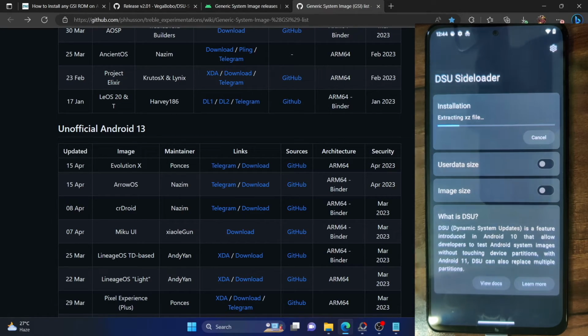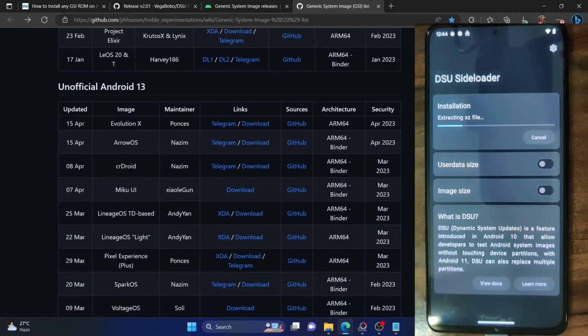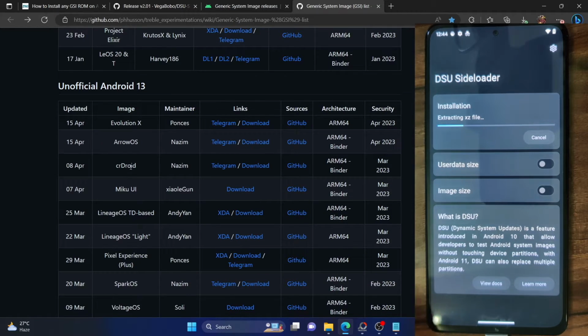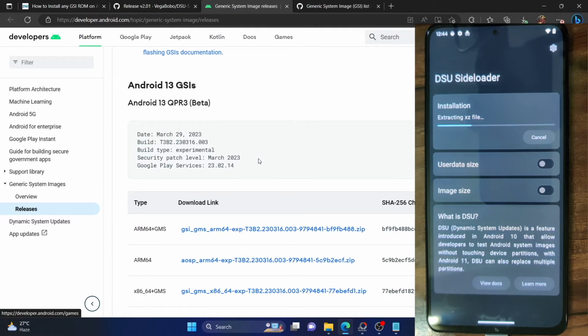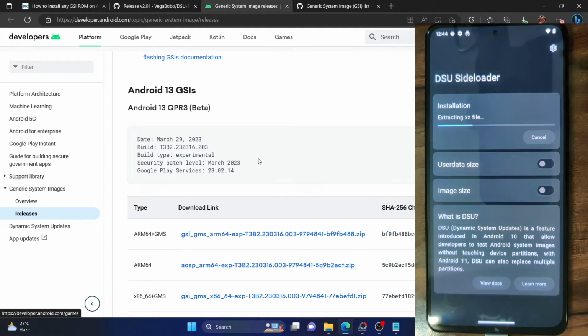The entire process usually takes some time. It depends on the type of GSI that you are using. If you are using a custom GSI such as Evolution X ROM or Android, then the process takes around 10 minutes. On the other hand, the official GSI image usually takes only up to 10 to 15 seconds at the very max. So regarding this, since we have already checked the partition, in our case the CPU architecture was ARM64,